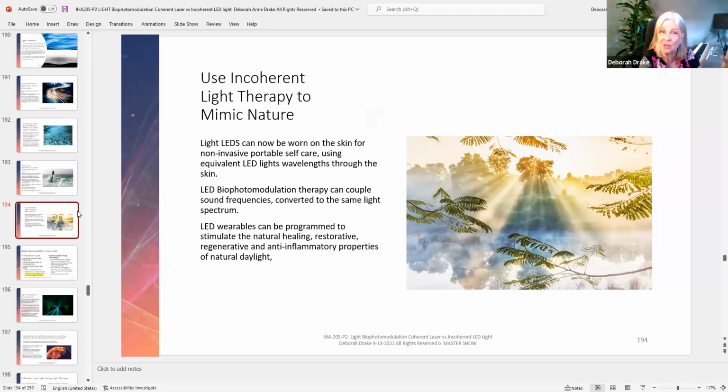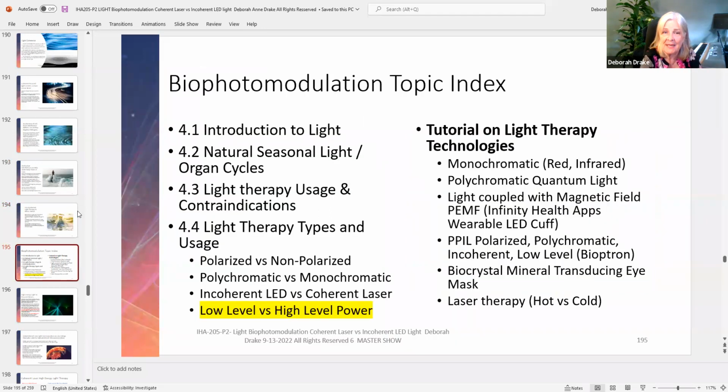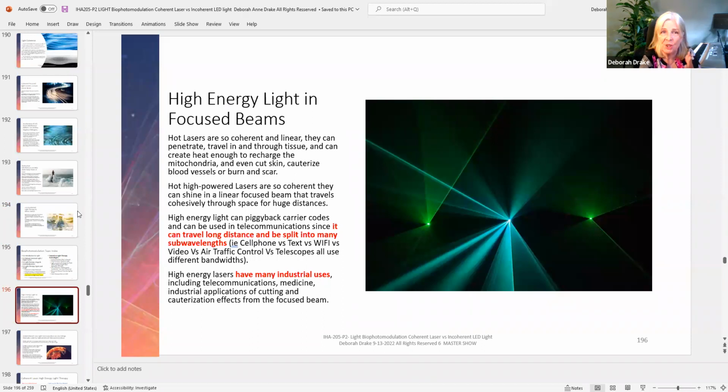So make sure you get outside and get the beautiful 9:30 a.m. sunlight of the full spectrum of all UV A, B, and C, and make sure you couple those frequencies and get the body in proper nutrition to receive those frequencies. And next time I'd like to come back and talk to you a little bit more about how we would apply these in actual therapy sessions by using not high energy beams for telecommunications.